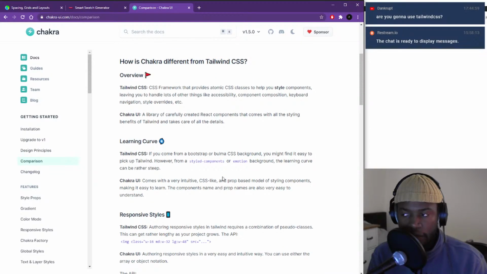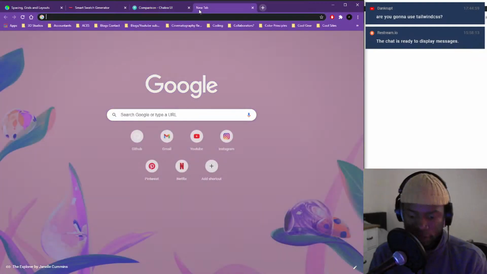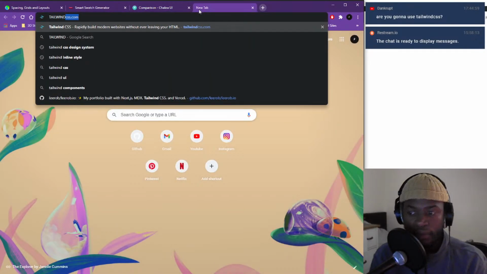But for me, seeing people that use Tailwind, I feel that anyone that uses Tailwind will like Chakra, because for me they aren't too far off in terms of comparison. I feel like the style is, to an extent, fairly similar. Might be wrong, but